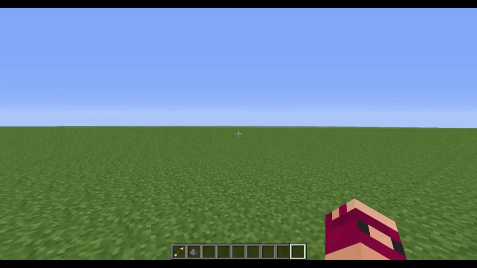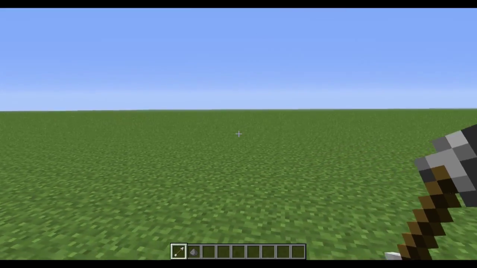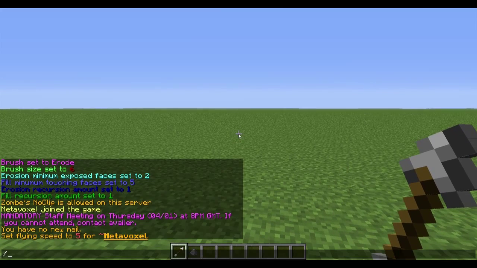So let's get started here with some commands. Essentially, let's teach you the basic commands of actual Voxelsniper. So first off, you're going to do /b. /b stands for brush. So if I do /b,